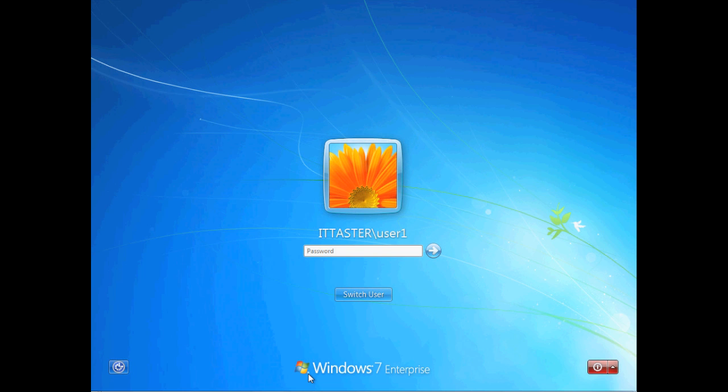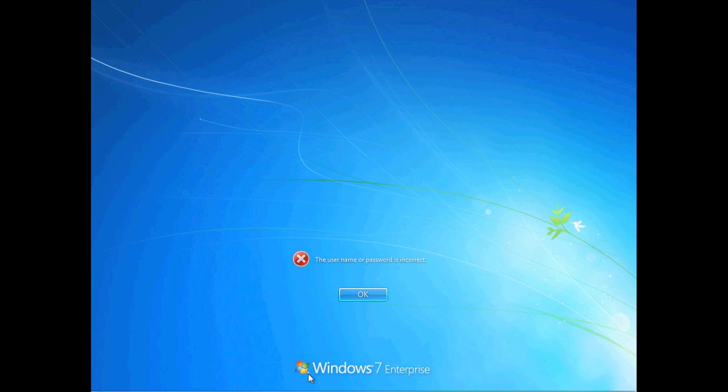I'm going to enter an incorrect password 3 times without waiting 30 minutes between each login attempt, so the Reset Account Lockout Counter won't reset. And I'm going to be logging on as user 1. We receive our first error message telling us the username or password is incorrect, and that's our first attempt.